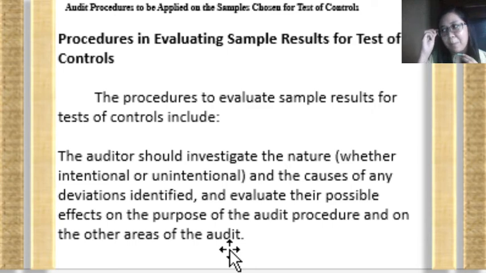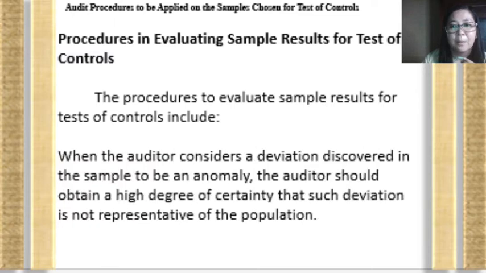Probably there might be some effect on the other parts of the financial statements as well as in his other audit procedures. Next, when the auditor considers a deviation that he discovered in the sample to be an anomaly, meaning there is doubt, or probably the auditor considers fraud as one of the reasons why deviations have occurred, then in this case, the auditor should obtain a high degree of certainty that such